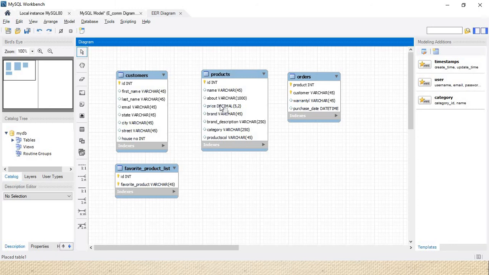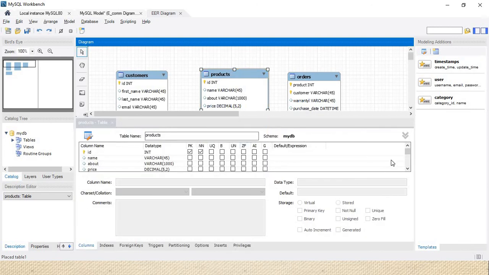When we think about that, ID, name, about, price, brand, description, category, and this one is not a table. Last one, an automatic value is stored. We need to delete that.